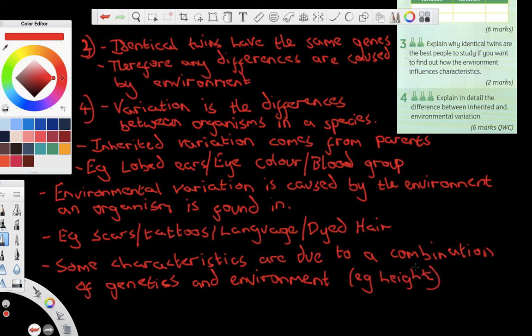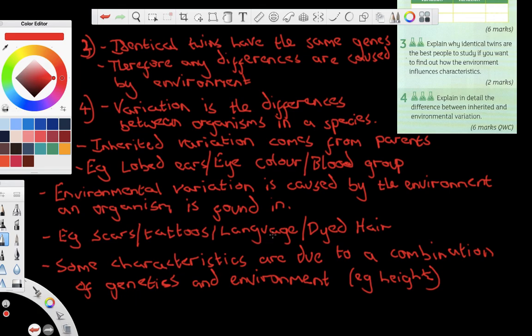Okay, so for question 4, explain in detail the differences between inherited and environmental variation. You need to say that variation is the differences between organisms in a species. You needed to say that inherited variation comes from parents, such as, for a third mark, lobed ears, eye colour, blood group. For a fourth mark, environmental variation is caused by the environment an organism is found in. For a fifth mark, for example, scars, tattoos, language, dyed hair. And for a sixth mark, you needed to say that some characteristics are due to a combination of both genetics